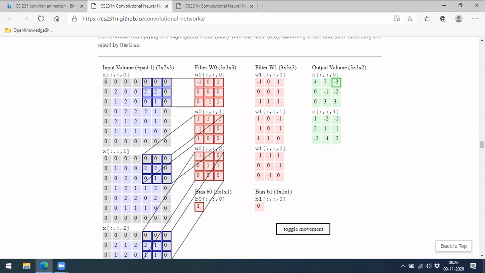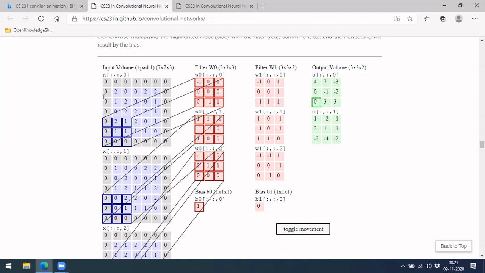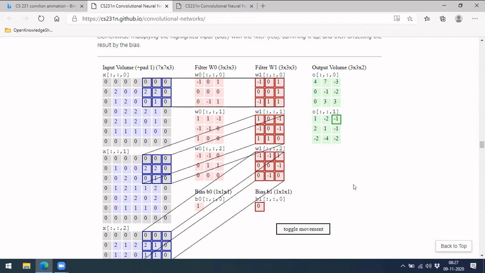But in this example, what they are doing is skipping one column. If you can see, the initial one is these three, and for the second one, instead of starting from here, they were taking from here to here. The third one again skips one more column, and they go from here to here. We'll discuss what this actually is. So you got the third one. Similarly, they again skip one more row and mark values for this. You can see the animation now.